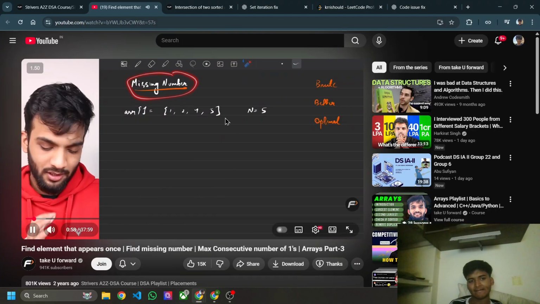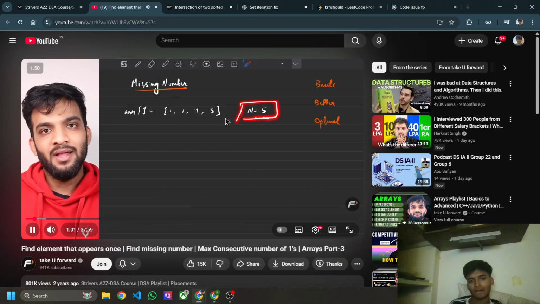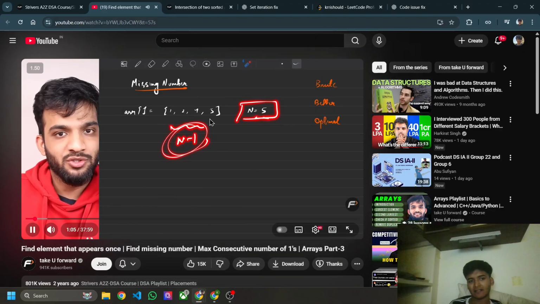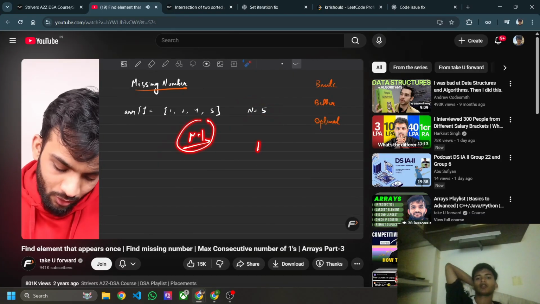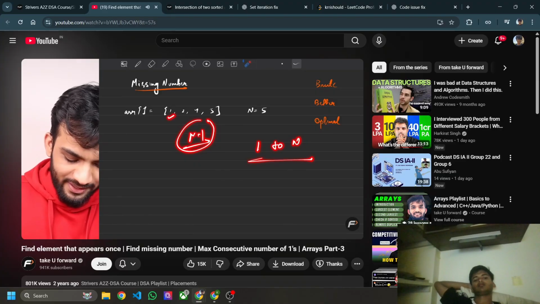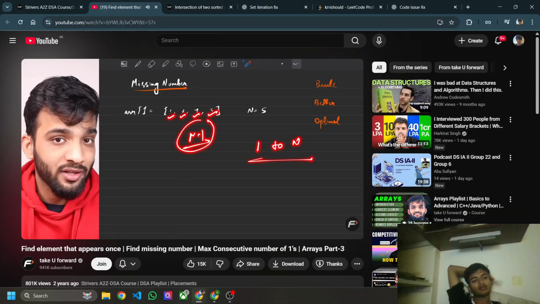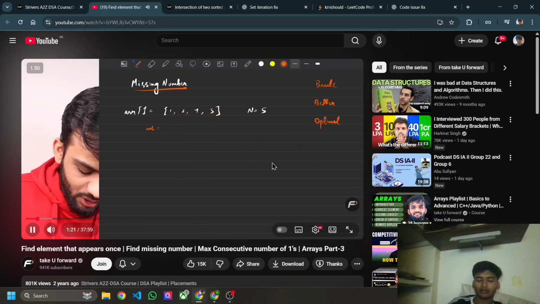So what does the problem state? The problem states you'll be given an n and you'll be given n minus 1 numbers. So these n minus 1 numbers will be containing numbers between 1 to n. So if you see 1 is there, 2 is there, 4 is there, 5 is there. Who is not there? Yes, 3 is not there. So your answer